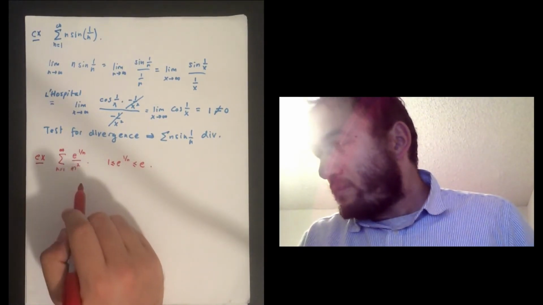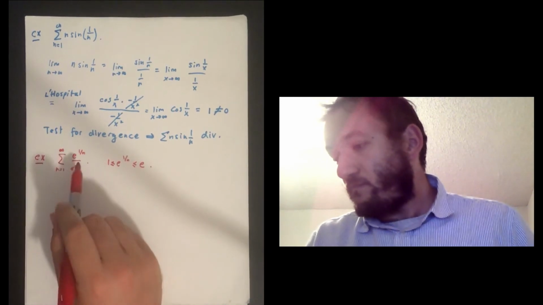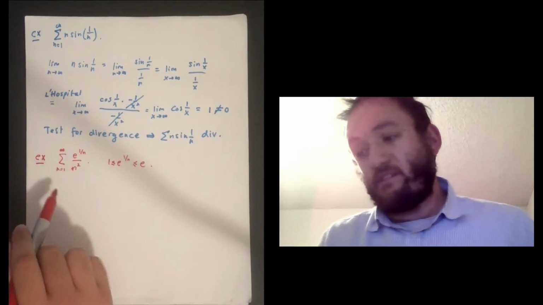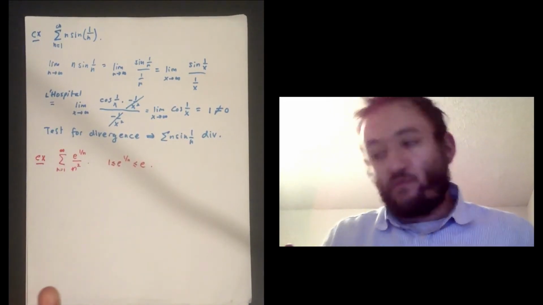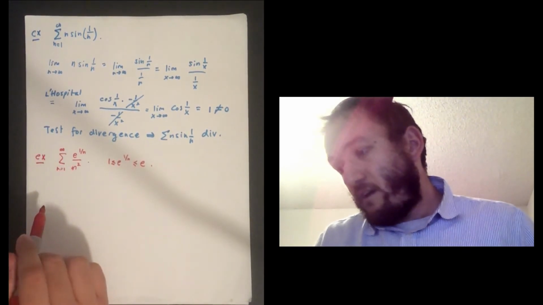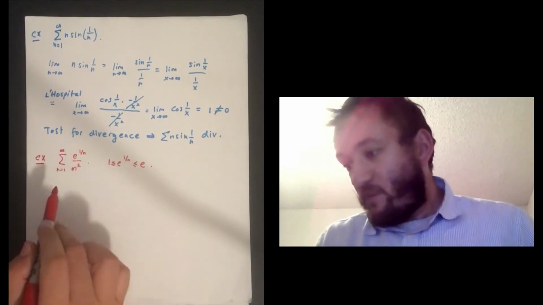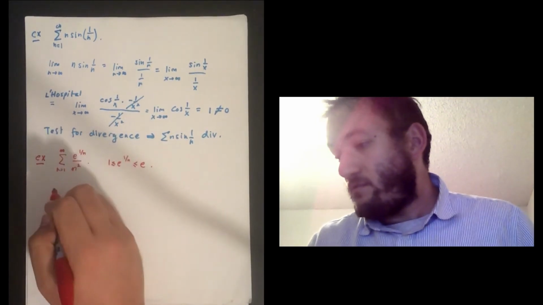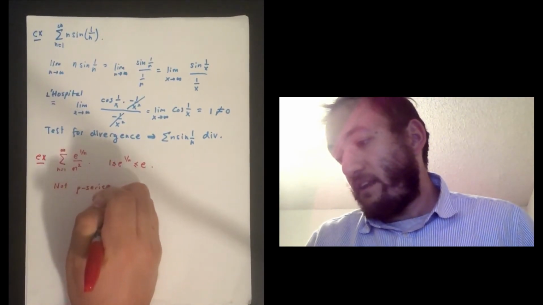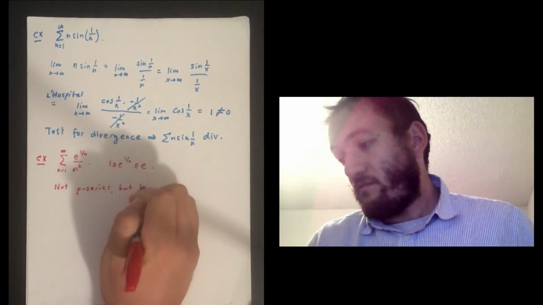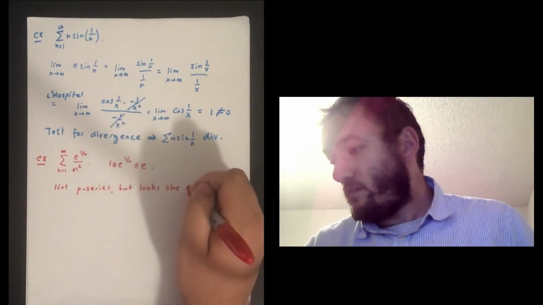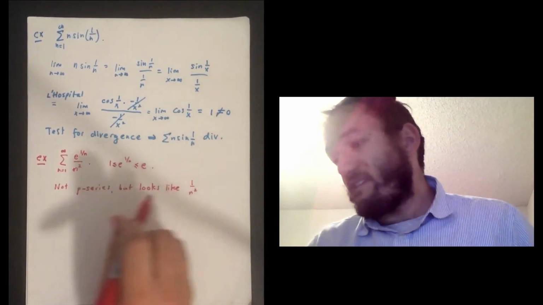So, looking at this series, because this e to the 1 over n is staying bounded and the denominator is going to infinity, we definitely don't want to use the test for divergence. The terms are getting arbitrarily small. This is not a p-series or a geometric series. Not a p-series, but it looks like 1 over n squared once I take into account that